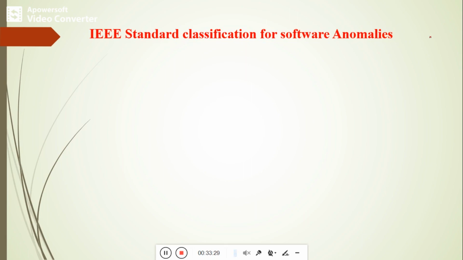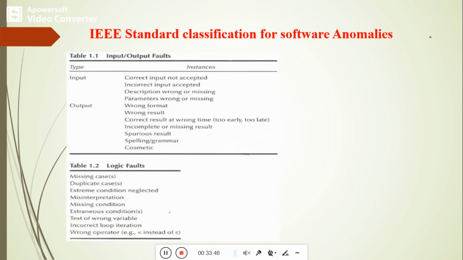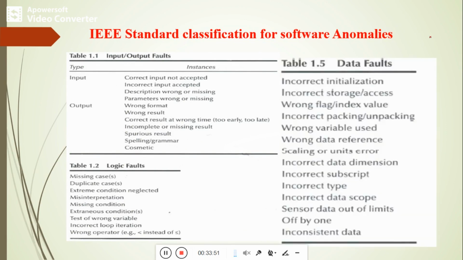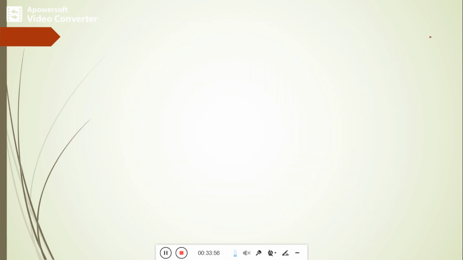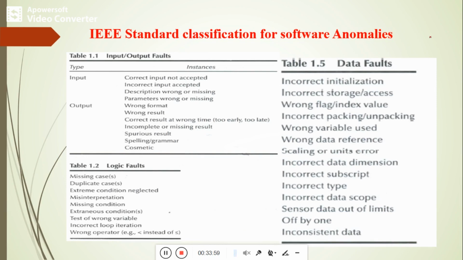Especially when we are producing a software product for the market, we need to go through all the IEEE standard faults and identify them. First is input output fault, second is logic fault, third is data fault, fourth is computation faults, and last is interface faults. These are the different IEEE standard classifications of faults that we need to identify before releasing the product to the market.